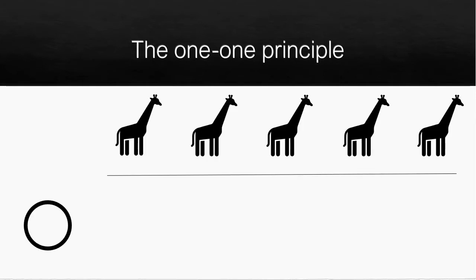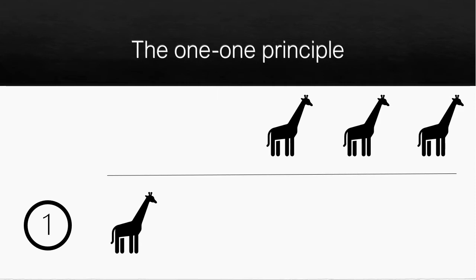These giraffes that we have on the screen are only pictorial representations of giraffes, so already there's a level of abstraction. This can make it more difficult, and so I would always suggest at this age to take it back to the concrete, so to have physical objects in front of you that the child is able to move and to manipulate as they count. So the principle is still that one-to-one correspondence, that as I touch each giraffe I'm going to count it, but this time I'm going to move the giraffe so that I know those that have been counted and those that haven't been, like this: